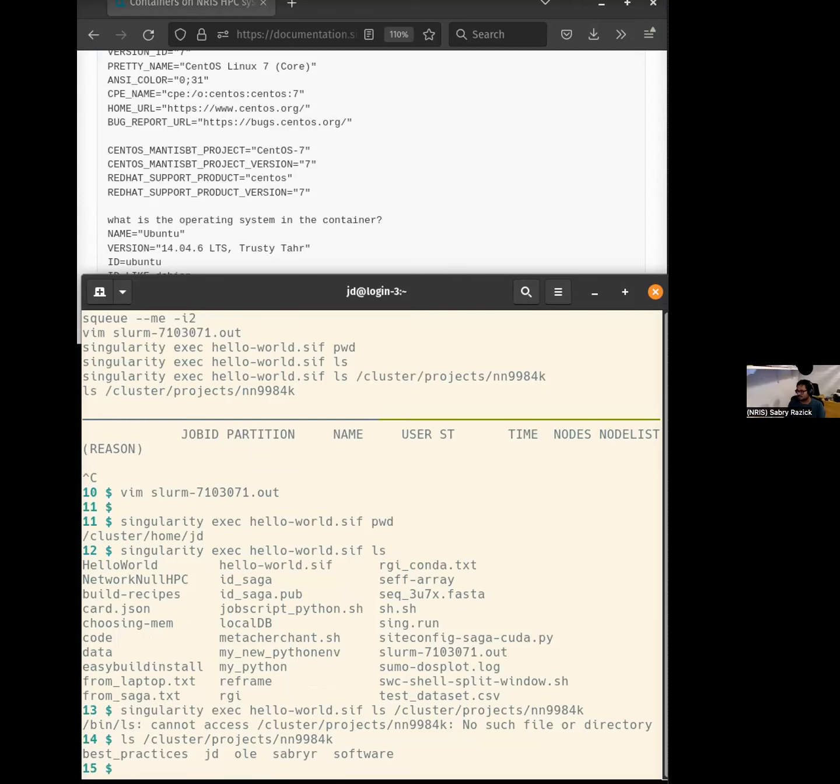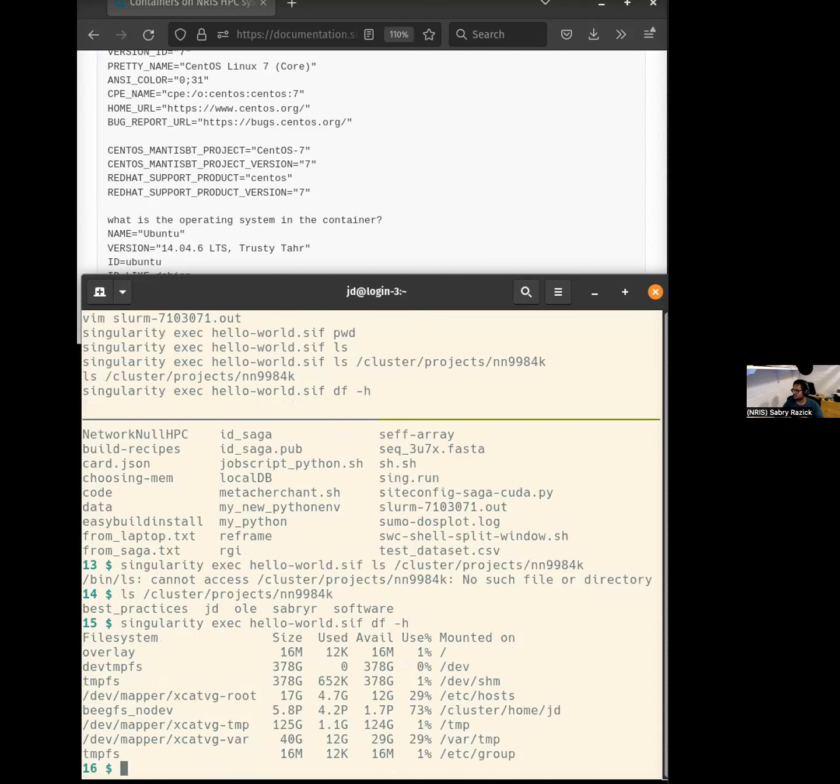The container runs its own operating system, and when it loads, it has mounted the home directory. So the home directory has access. If you do, instead of ls, something like df -h, it will show you the things the container can actually see. This is different from what you would see from your machine.